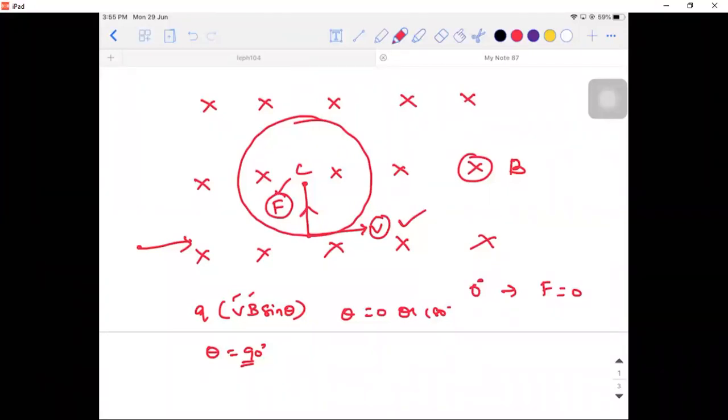Somebody used the word energy. Can you tell me what energy you are trying to talk about? Are you trying to speak about kinetic energy or potential energy? Kinetic energy. You're saying kinetic energy. So if I need to increase the kinetic energy, you're right actually. The reason being you're accelerating the particle, you want the particle to go with higher speed. That is the whole objective of this design.